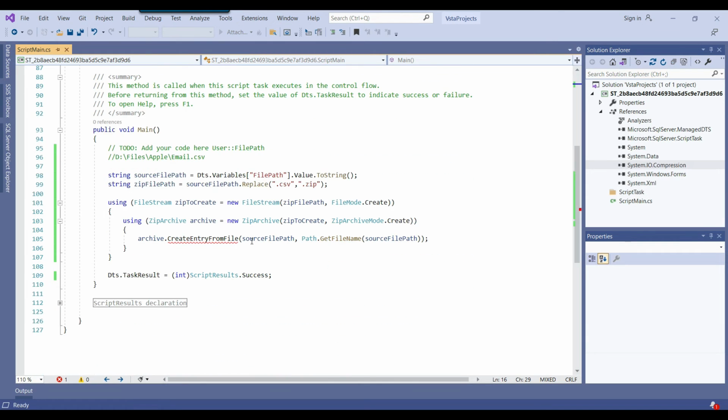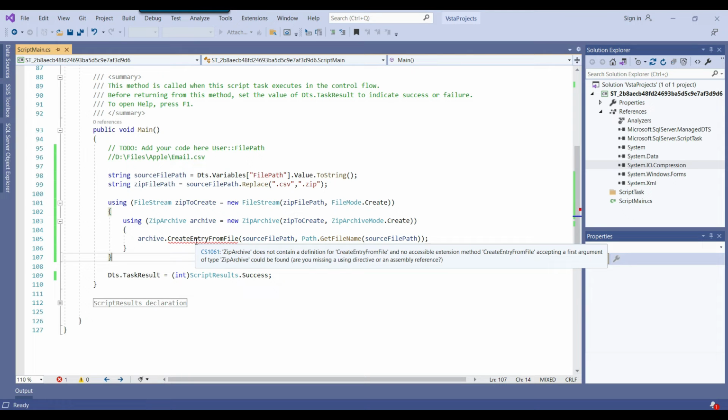So now all the errors are gone, and there is only one error. It's saying archive.CreateEntryFromFile, and that ZipArchive does not contain a definition for this one. So I think we need to add the